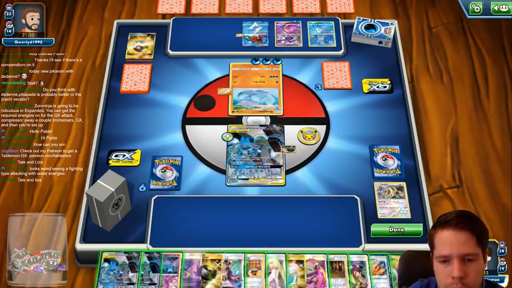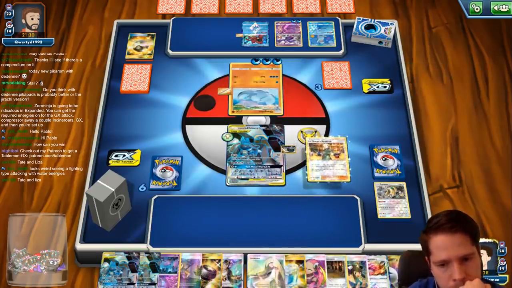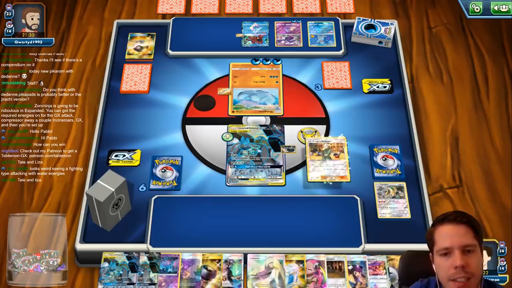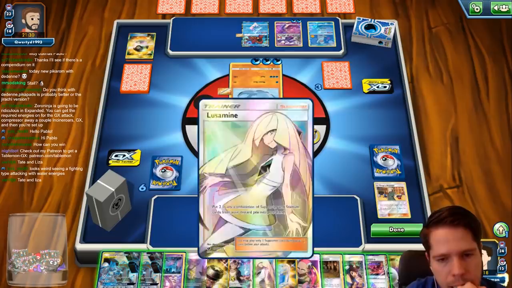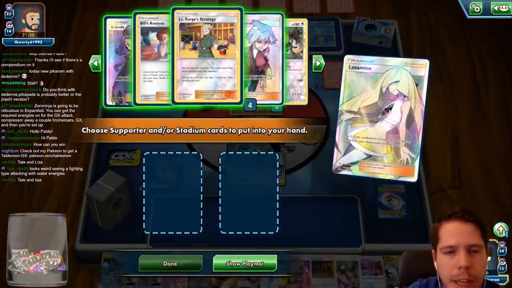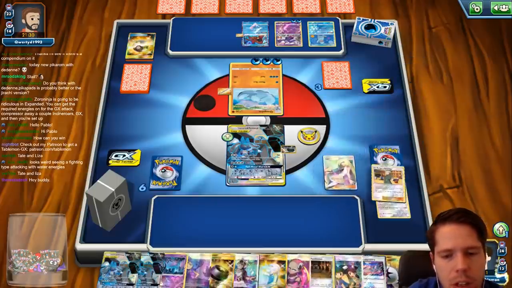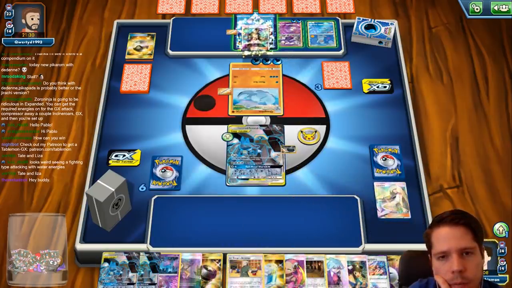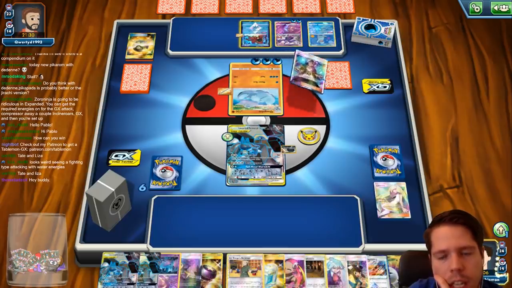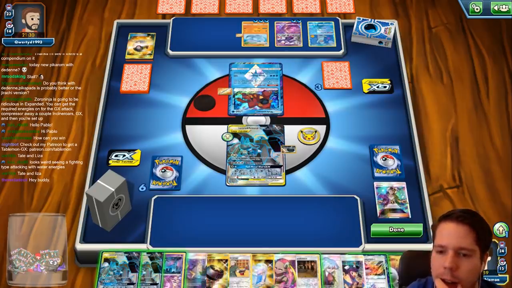So do I go Guzma here? Okay, so I think I Lieutenant Surge's strategy. That Tate Liza. Because then if he has to knock out 2 of these, then that's probably fine. And then I will lose, back the Lieutenant Surges and the Stevens. Oh, maybe with Lieutenant Surges I can do something cool here. Like I can force him to keep having to retreat. Right? Huh. Maybe...